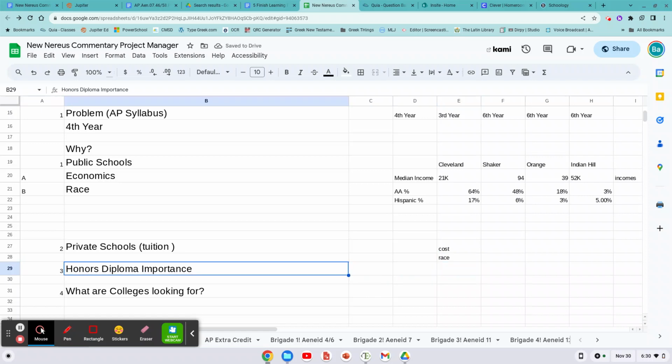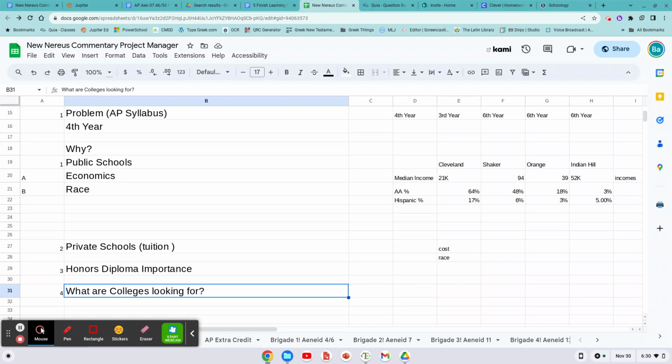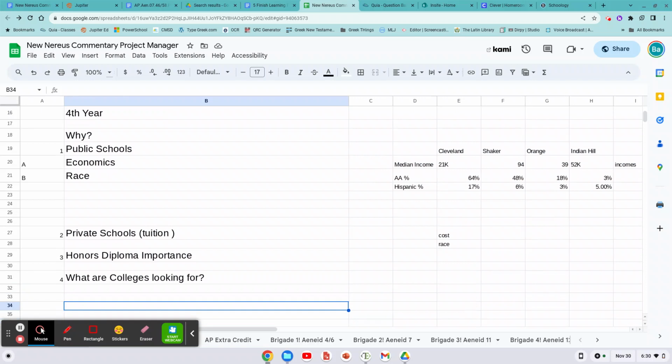Finally, what are colleges looking for? You want to talk about the importance of the honors diploma, importance of the AP. Some colleges really don't care if you have the AP. Some colleges don't really care if you have honors diploma, but those colleges are not the competitive ones that we should have opportunity to. So therefore, once you've proven that argument, then you have to go to what's different